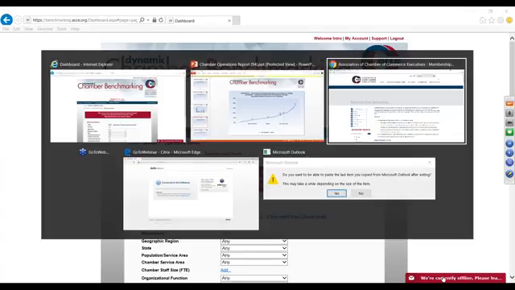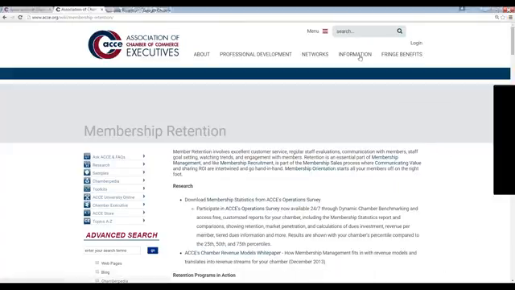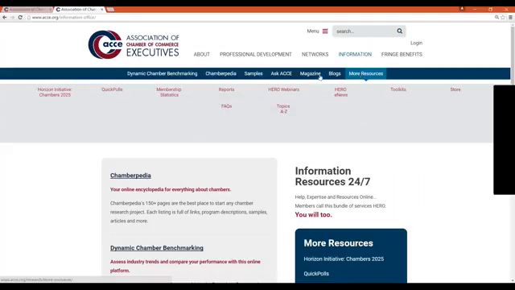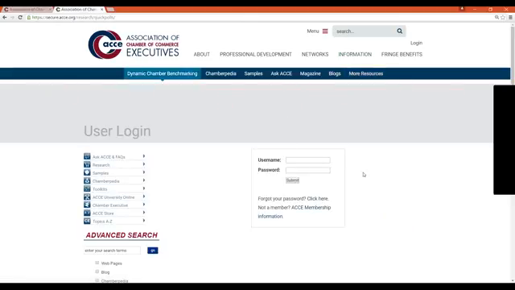And back to the information portal, I wanted to point out a few more research resources for you, which you can find here under More Resources. The first, that membership statistics report I mentioned, you can access via that link. That will walk you through how to launch that report. In addition, our quick polls, which we run several times a year on a variety of topics. Our most recent one